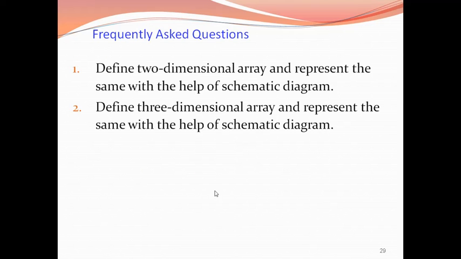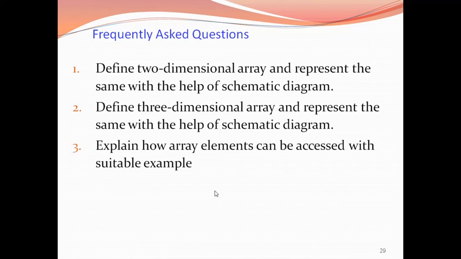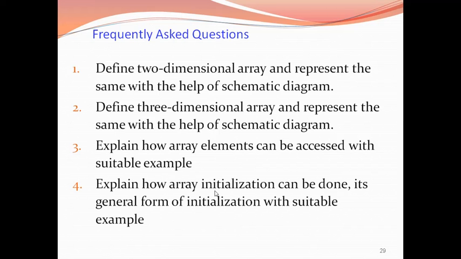These are the frequently asked questions from these topics. First, define a two-dimensional array and represent the same with the help of a schematic diagram. Second, define a three-dimensional array and represent the same with the help of a schematic diagram.